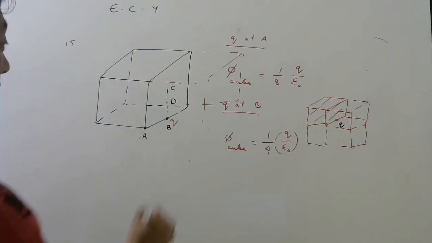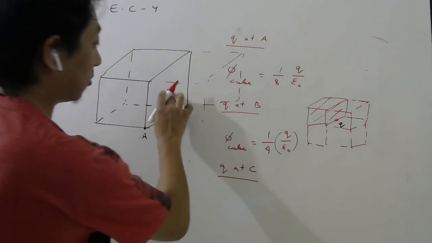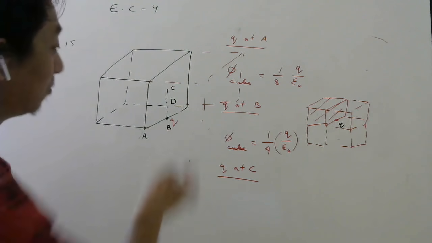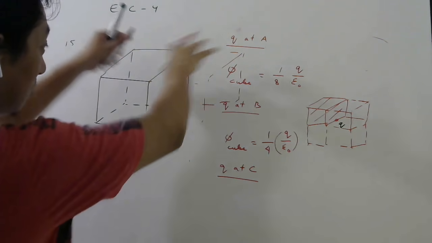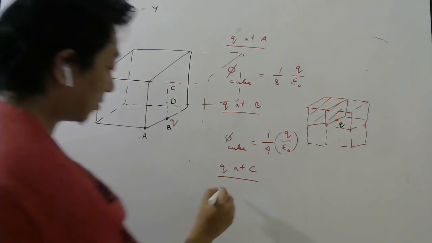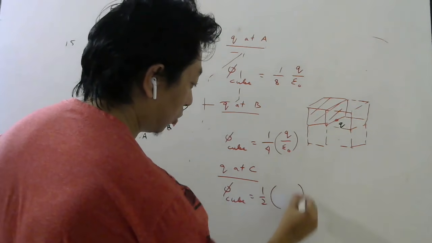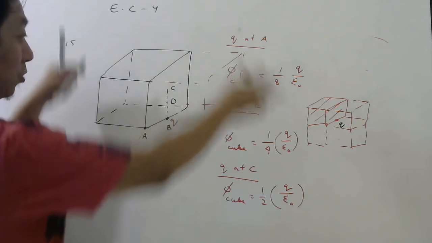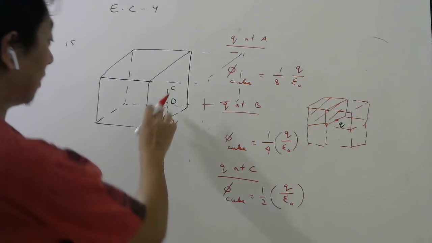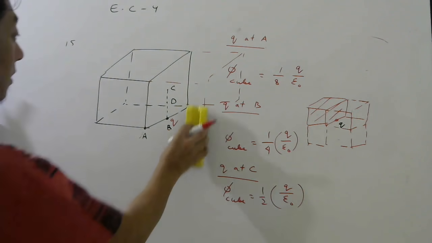B. Now if you put charge at C, C is this point. This I have told you already yesterday. Put one more cube here, just one more cube. Then this will be at the center of these 2 cubes. Then flux through one cube will be directly 1/2 of total flux. And total flux is Q by epsilon naught for these 2 cubes. Understood? No, for C. And for D, let me rub this part.